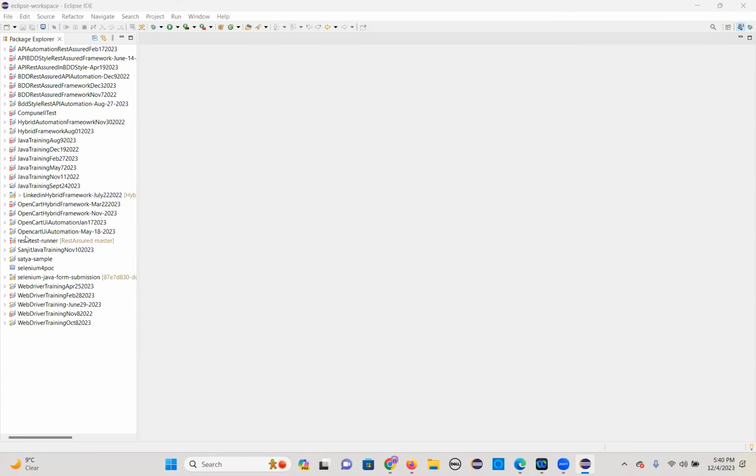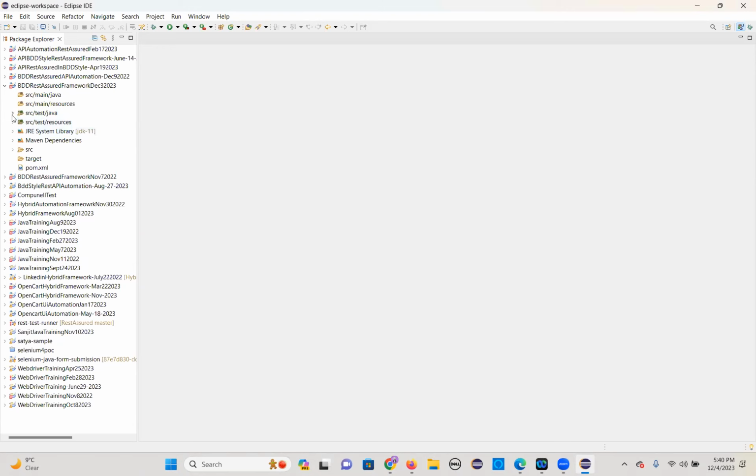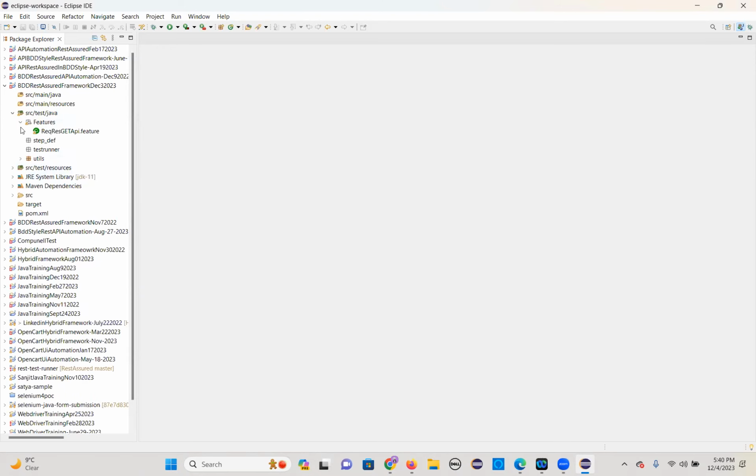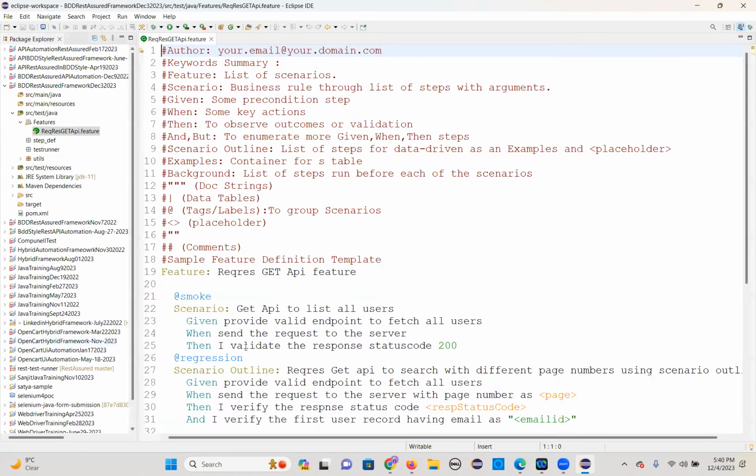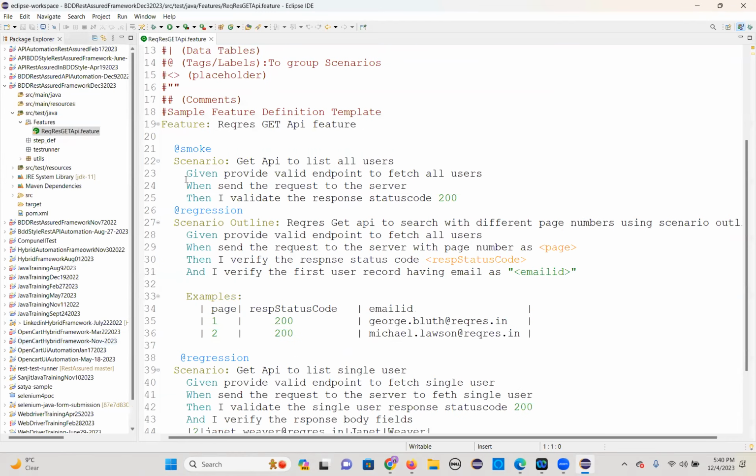So basically, we have to write step definitions for the feature file. So we created a feature file, right? So for this, you just create a file. Okay, create a file. So the file you can create is